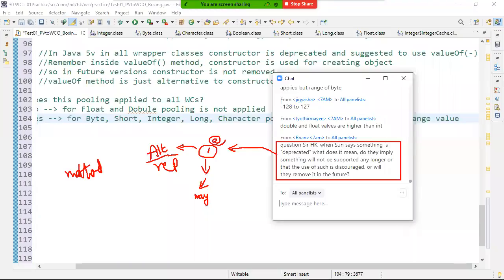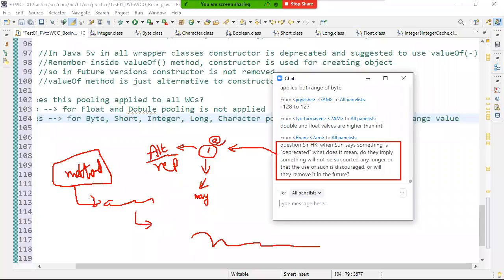If it is just a normal method, yes, they can remove it. They give another method as an alternative, but it is not removed immediately. Why is it not removed? Because this method was already used in earlier projects. If suddenly removed, all those projects will fail. So they mark it as deprecated, and for the next 3-4 versions it may remain available, but later it may be removed.